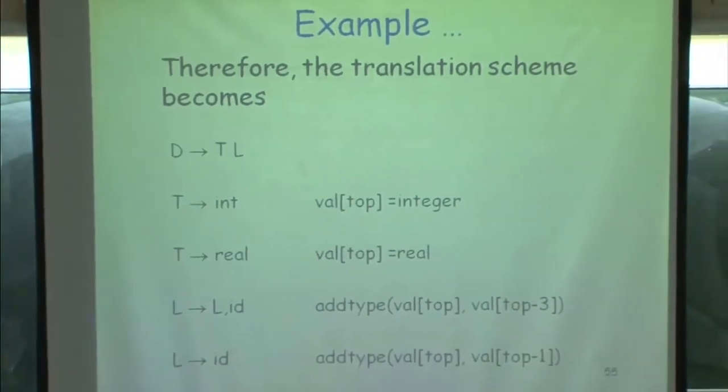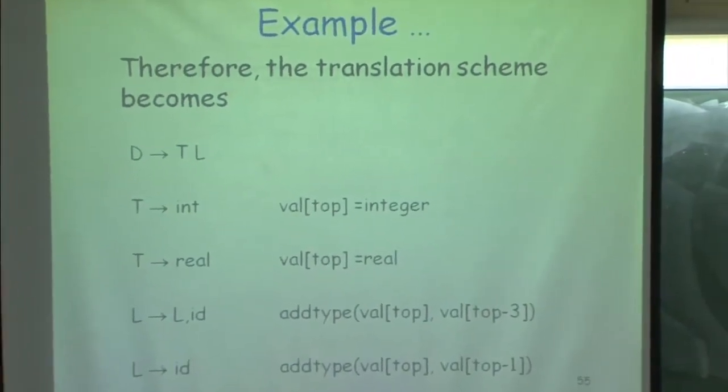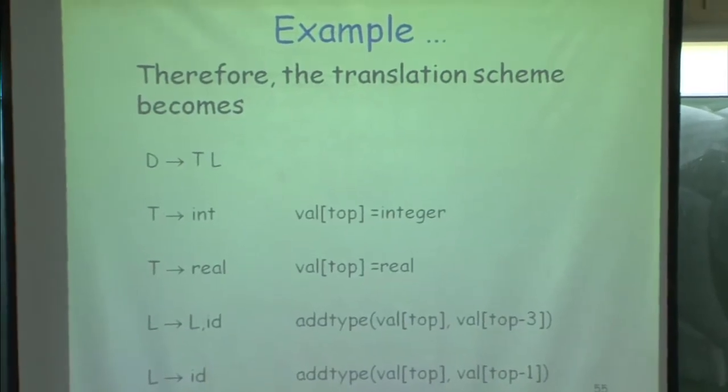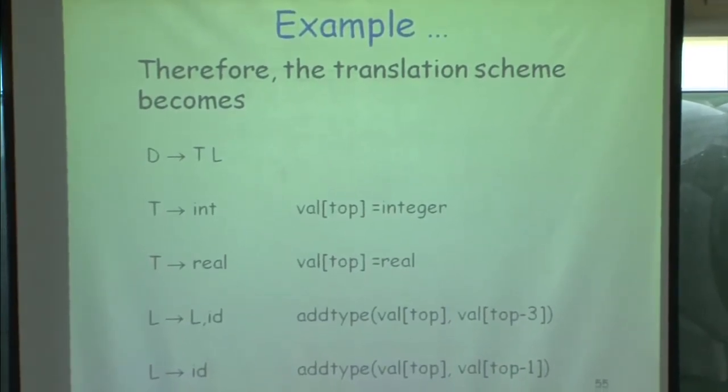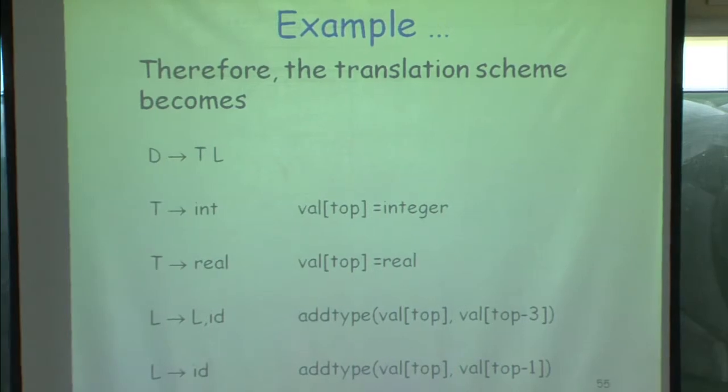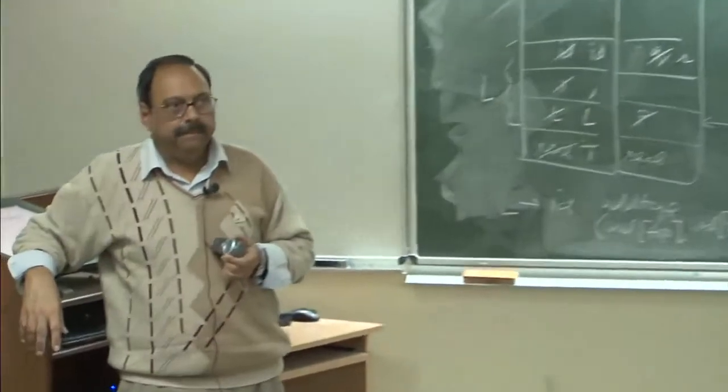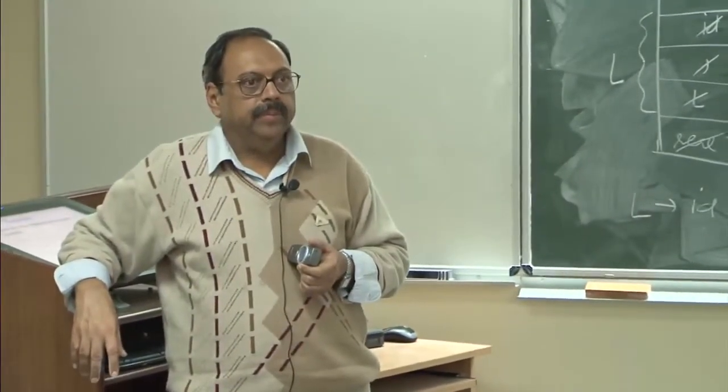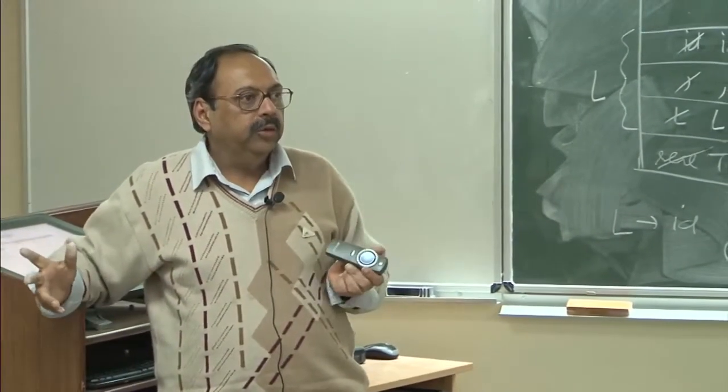I do not have to have any inherited attributes, I do not have to carry these values of L inherited, being L1 inherited and T type being L inherited and so on. I can just write these two rules and all those inherited attributes will just go away, because they were anyway carrying information from one part of the tree to another part of the tree. So, I can use a bottom up parser.